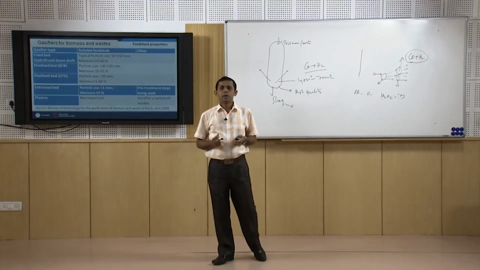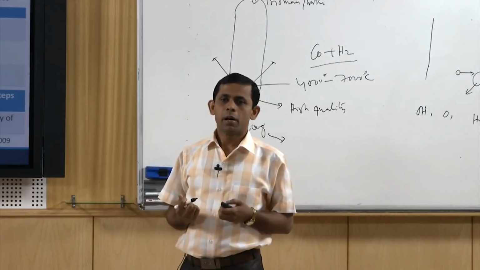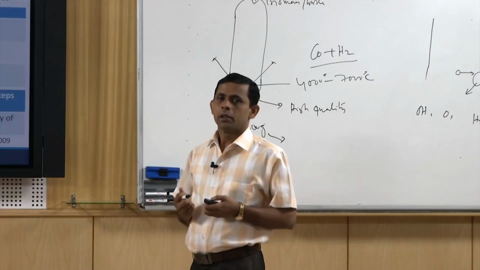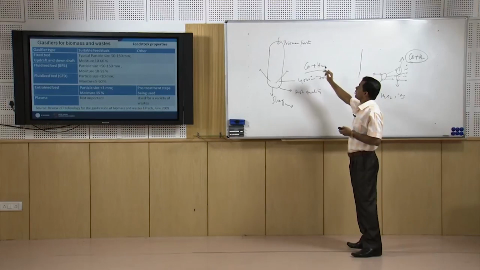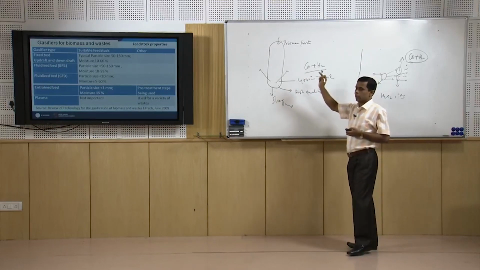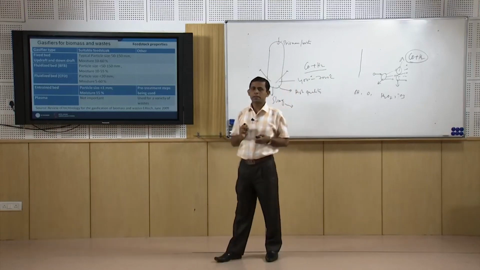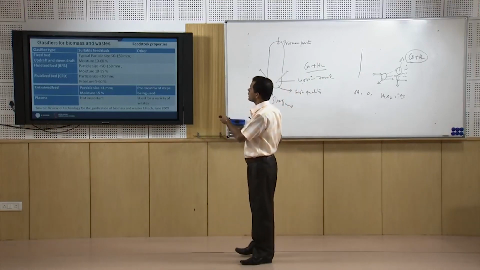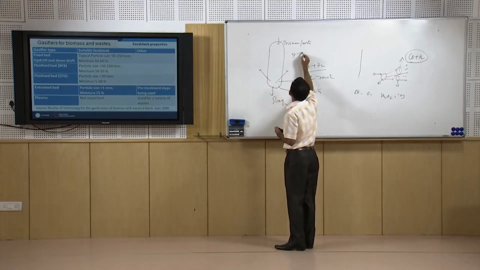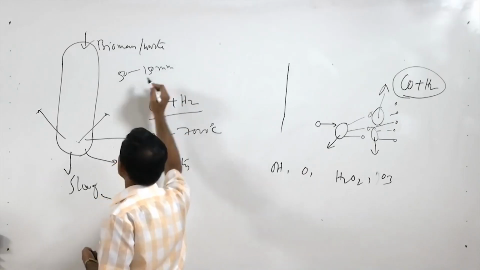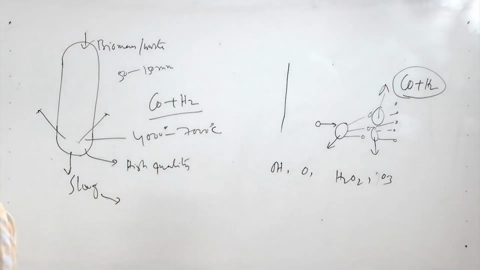Now, we will see how we can select a suitable gasifier type for a particular biomass and waste feedstock. On the basis of these discussions, it is very clear that the different conventional gasifiers can handle different particle sizes of biomass and waste. In the fixed bed, the typical particle size is 50 to 150 millimeter. So, this is bigger than the corresponding value for coal gasification in a fixed bed.